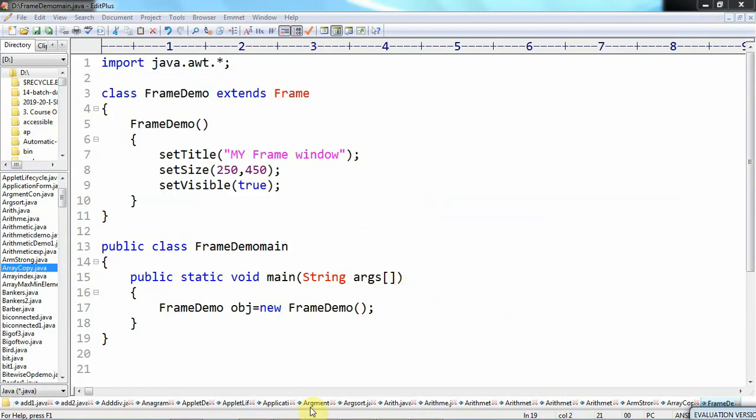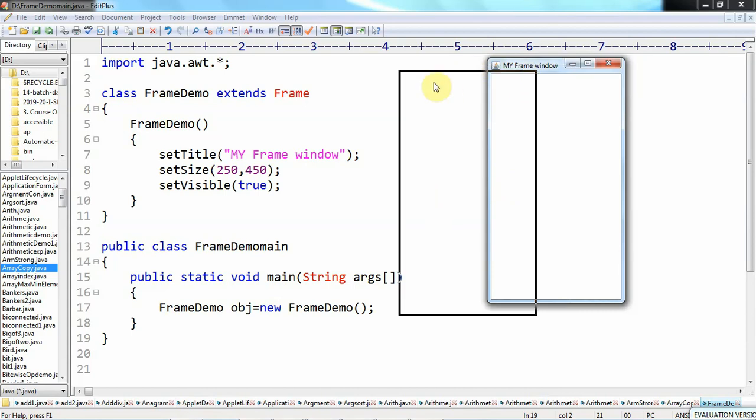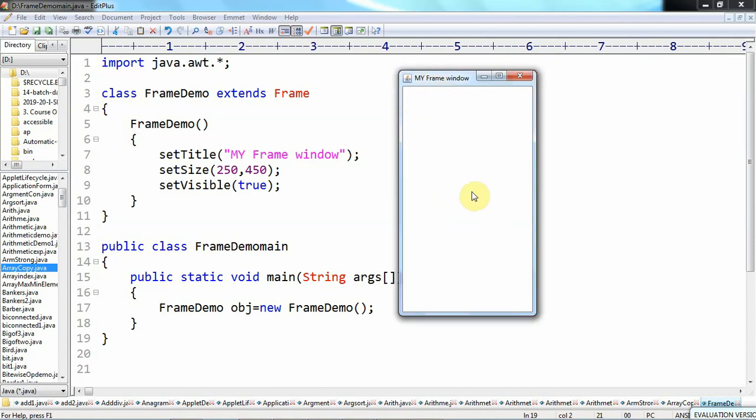And this is the program that creates a frame window. Then in this frame window we can place some GUI components like labels, push buttons, text fields, text areas, checkboxes, etc. depending on our application.